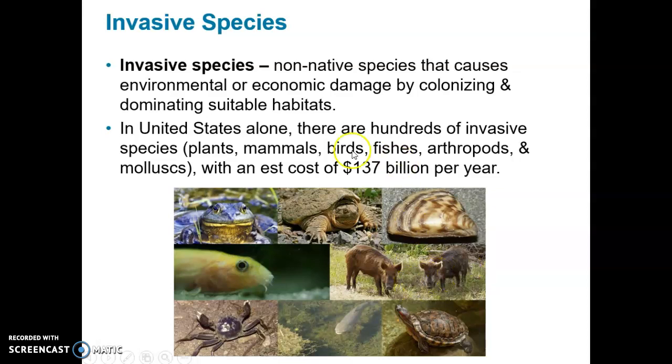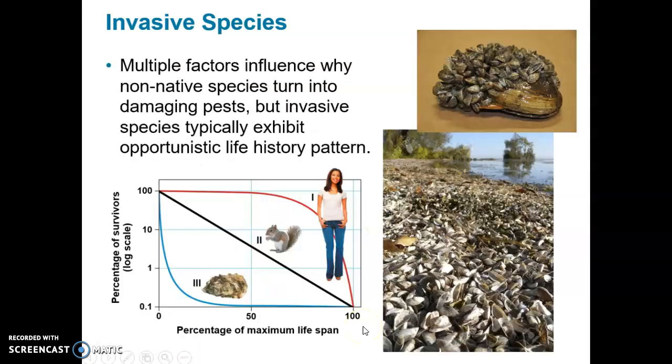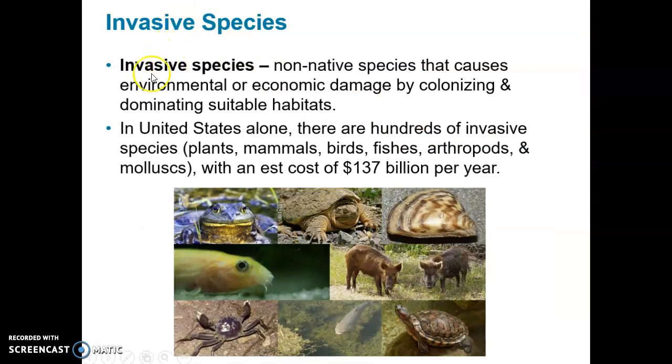Not all of them are known, but numbers of different plants, animals, mammals, fishes, arthropods, and mollusks have been introduced that cause, as an estimate, and this is low, about $137 billion per year because of the harm they do to native habitats and to native species. So one of the reasons an introduced non-native species can become invasive is because it happens to appear or be introduced into a habitat